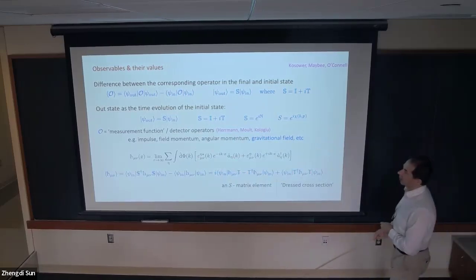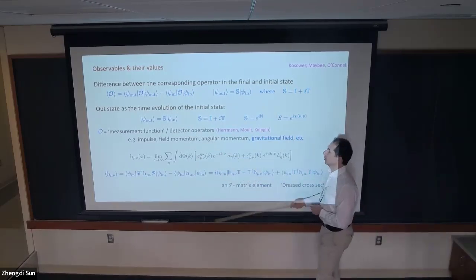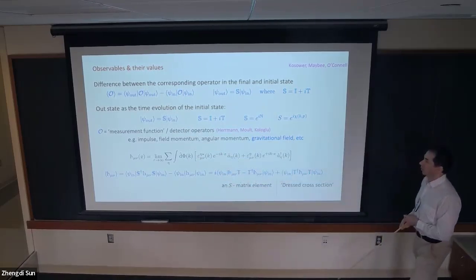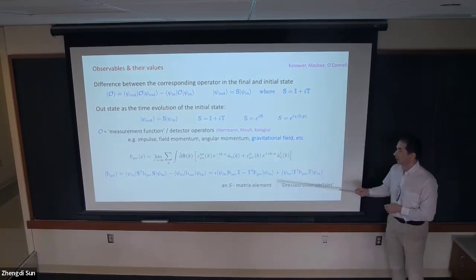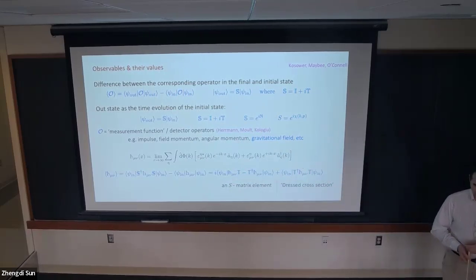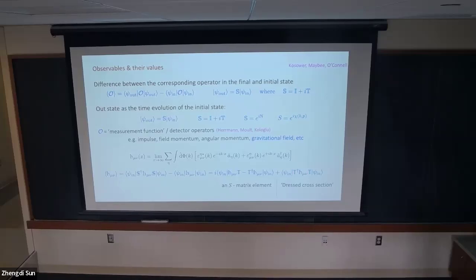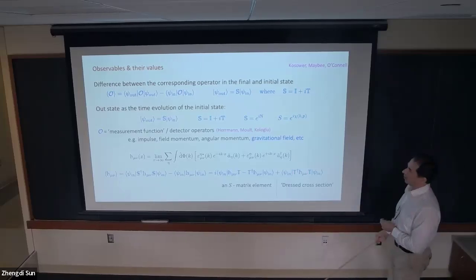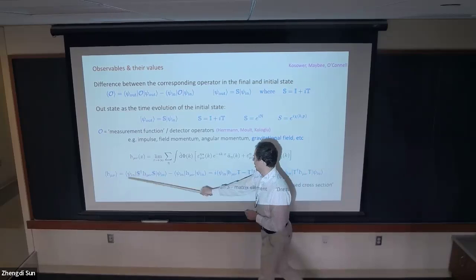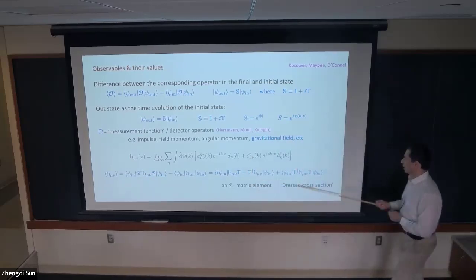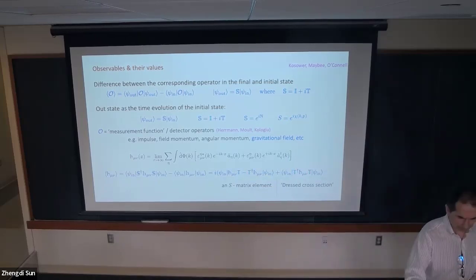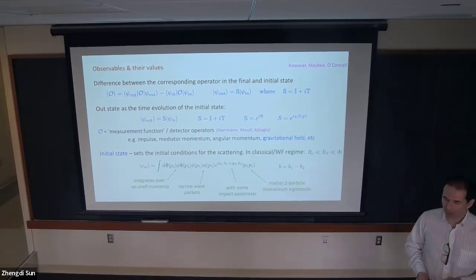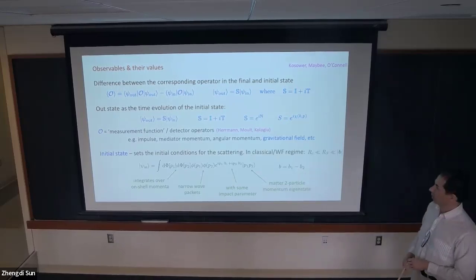And this operator can be pretty much anything. We are going to play a little bit with the angular momentum and the gravitational field. Here's the gravitational field in a form that I'm sure you have seen very many times. And then this expectation value has two pieces, an amplitude and something that resembles a cross section. Okay. Now, this is how we might want to do the calculations, but an essential ingredient in this calculation is